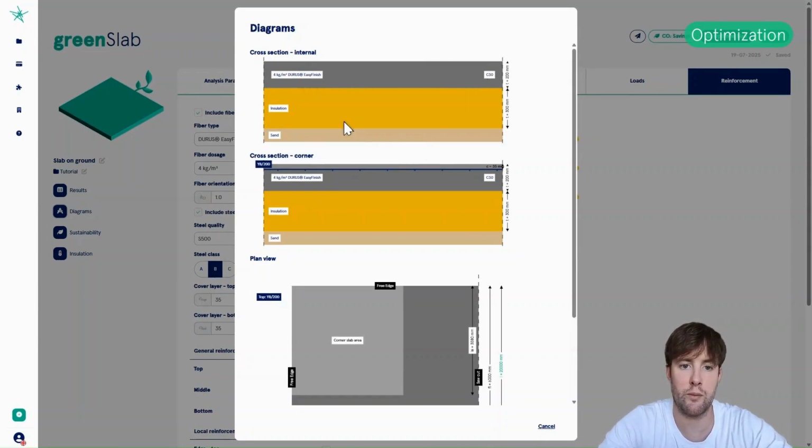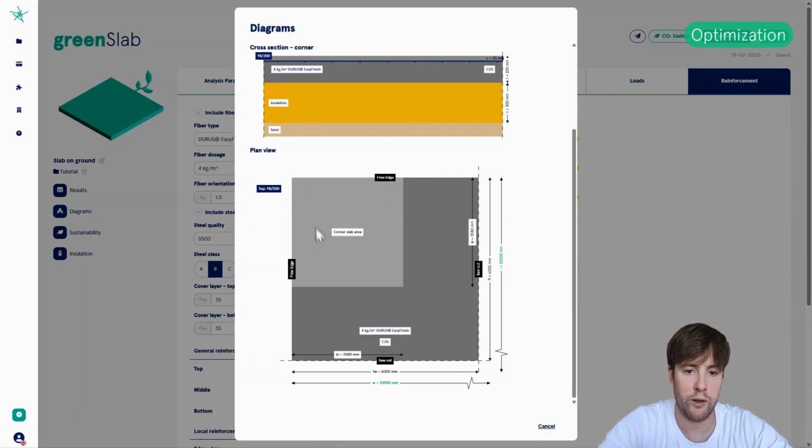of the slab, or the general slab, where we only needed fiber reinforcement, but we now also have a corner cross section where it shows the corner reinforcement and the position and the type, and in the plan view here it will also show you where this corner reinforcement is required, including anchor length. So this will actually be information that can be used by the constructors so they know exactly what size of mesh they need to use.